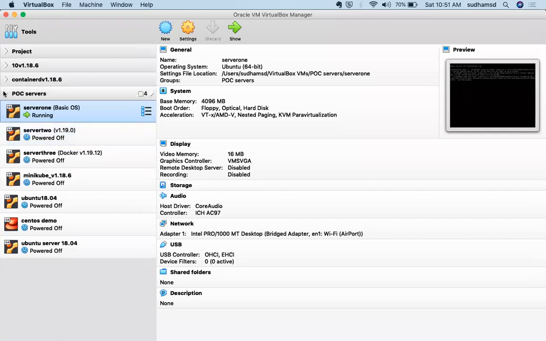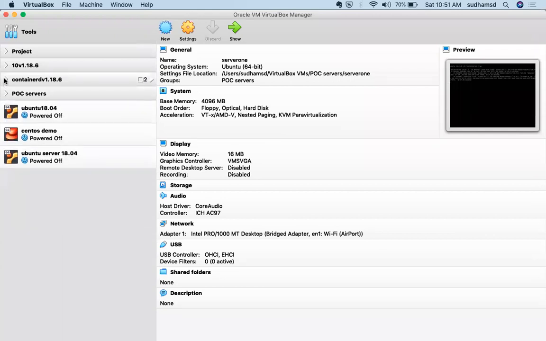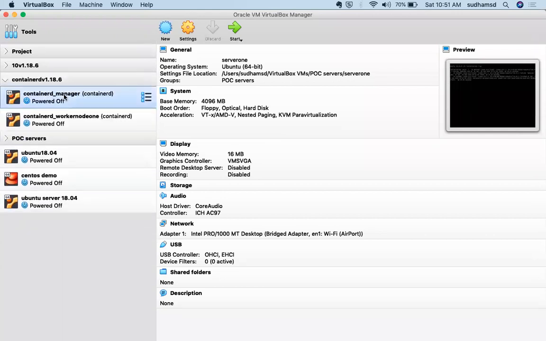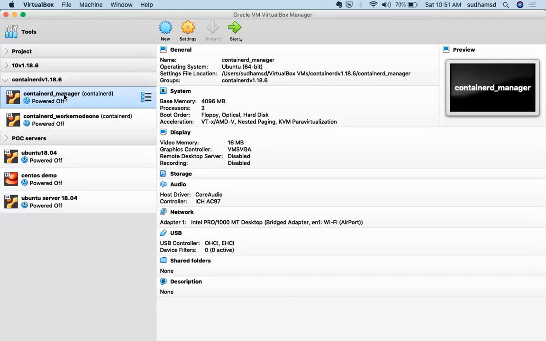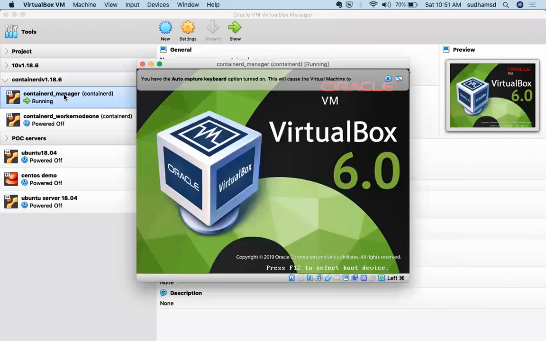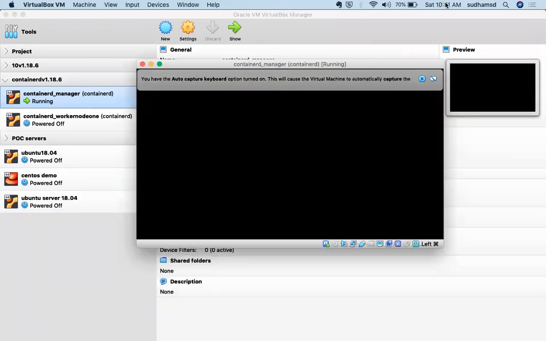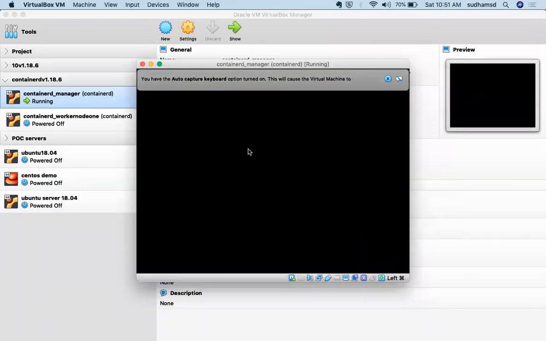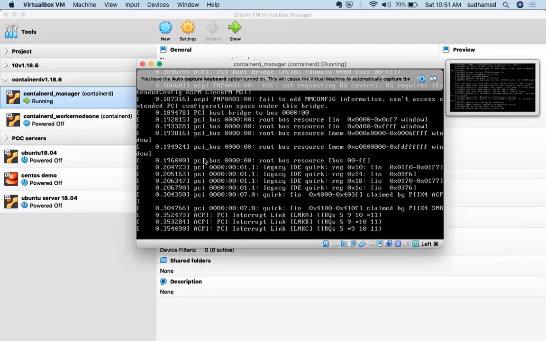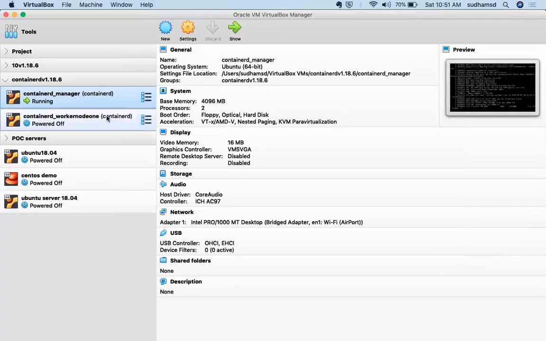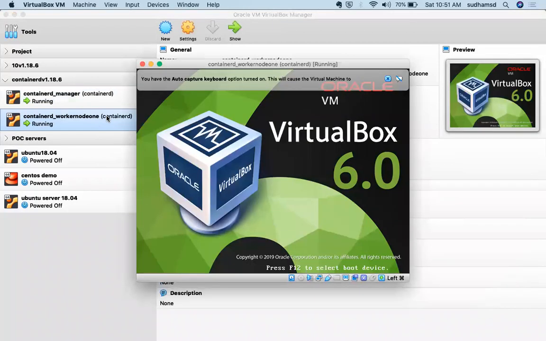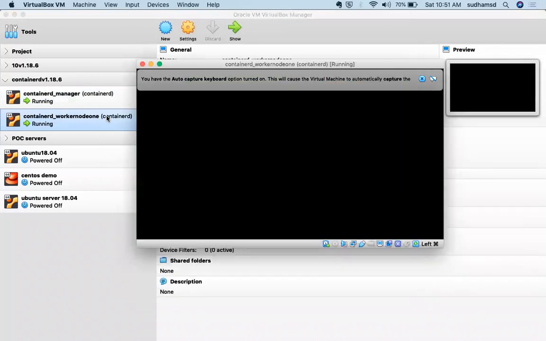Now we are done with the setup of OpenStack Keystone. Let's try to spin up Kubernetes right now. You can see it took almost 1 hour for us to complete the setup manually. If you use something like a playbook, obviously it will take maybe 10 minutes, not more than that.